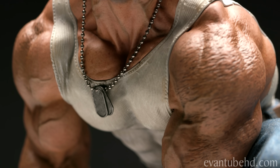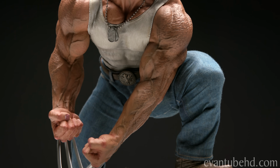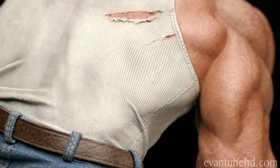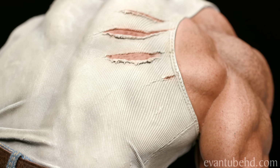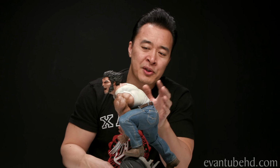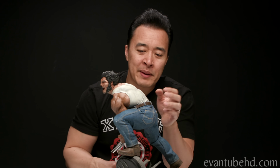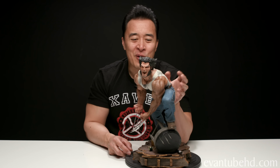The definition in his chest and neck is really nice. You can also see his abs popping out through his tank top. On his back, we've got some nice folds in the material. You can also see the rib texture, and it looks like he also has some claw marks on his back. I'm not sure how he got those. Maybe he had a bad itch and he was a little too aggressive with his back scratching,